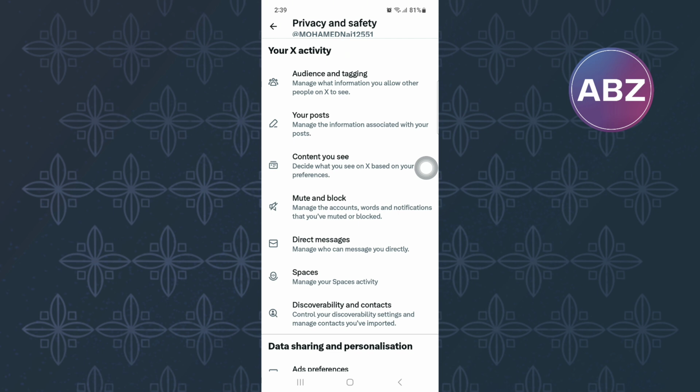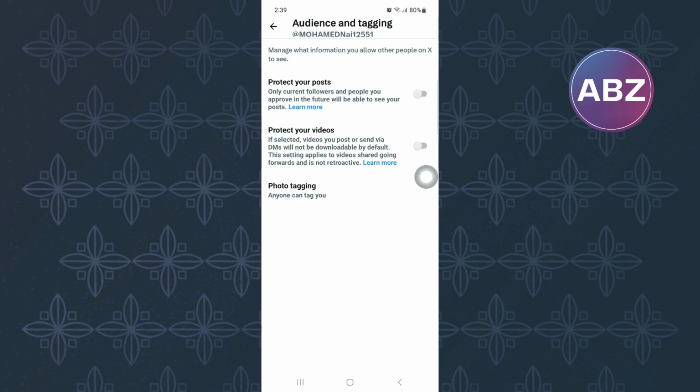From the sections that are here is one we need. Tap on this one here named Audience and Tagging. Finally, you will be on this page where there are options with toggle buttons that you can use to either enable or disable them. From the options that are here, the one we need is this one here named Protect Your Posts. So, enable the toggle button and make sure it has turned from gray to blue just like mine